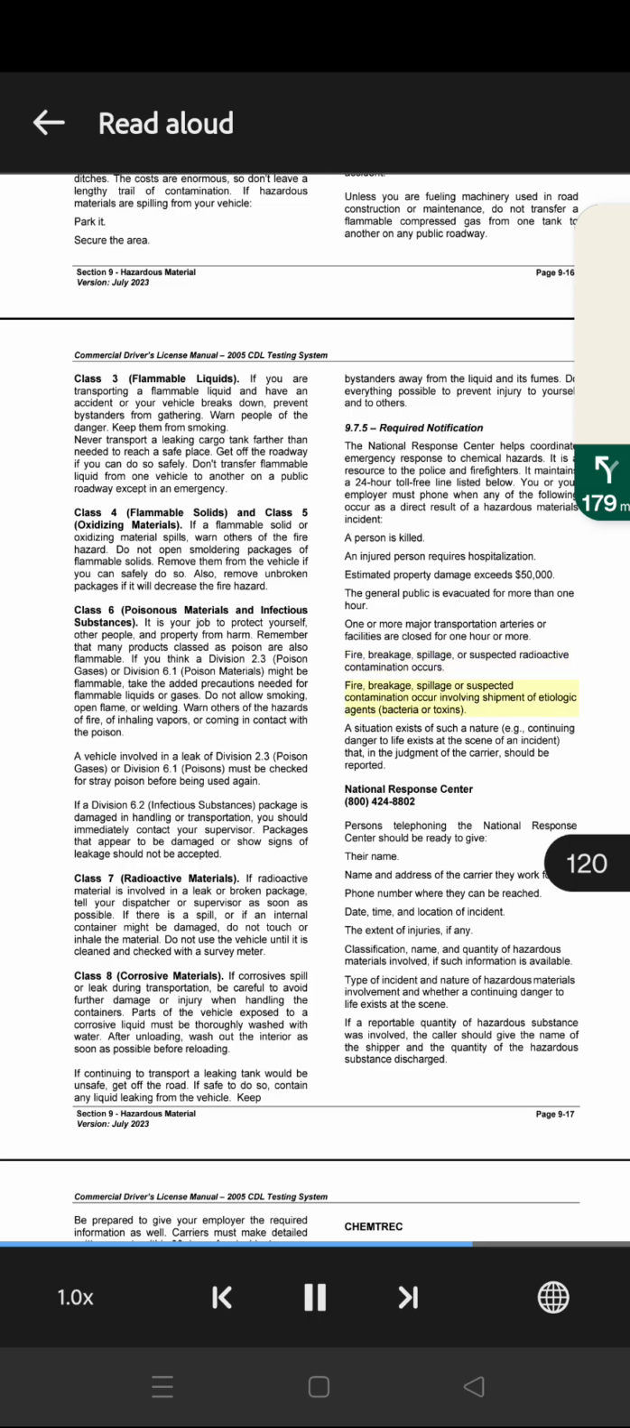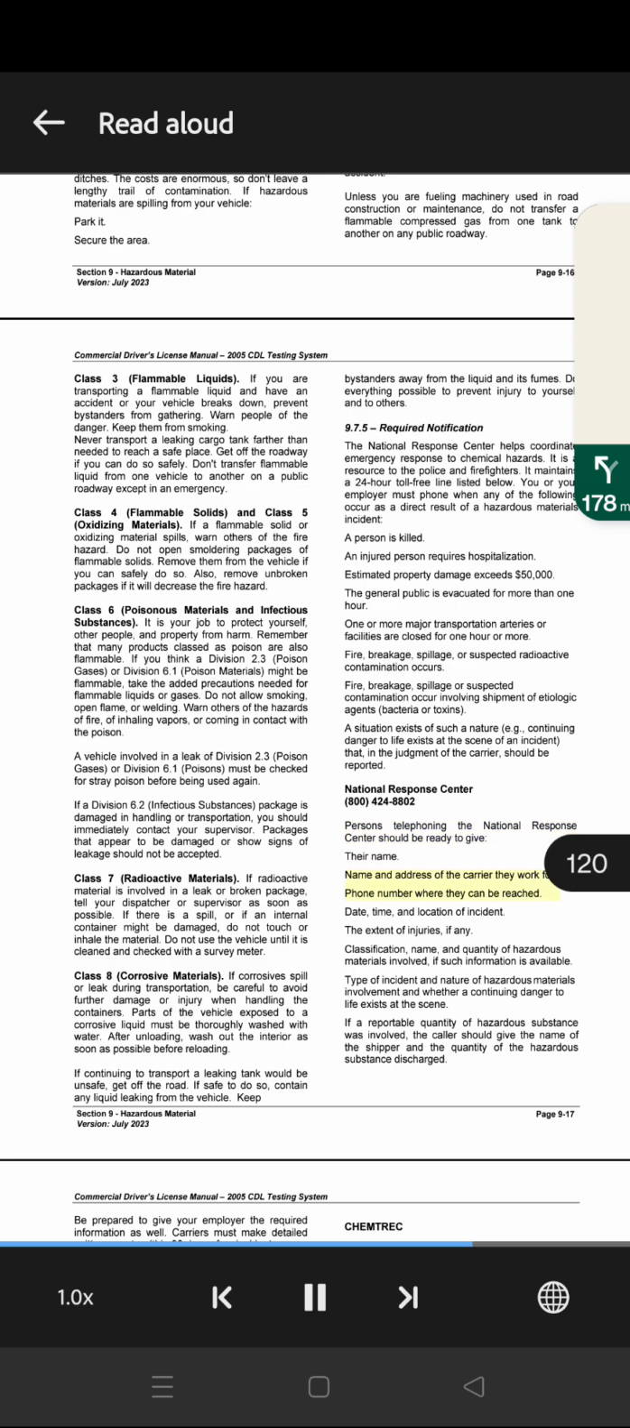Fire, breakage, spillage or suspected contamination occur involving shipment of etiologic agents, bacteria or toxins. A situation exists of such a nature, e.g., continuing danger to life exists at the scene of an incident that, in the judgment of the carrier, should be reported. National Response Center 800-424-8802. Persons telephoning the National Response Center should be ready to give their name and address of the carrier they